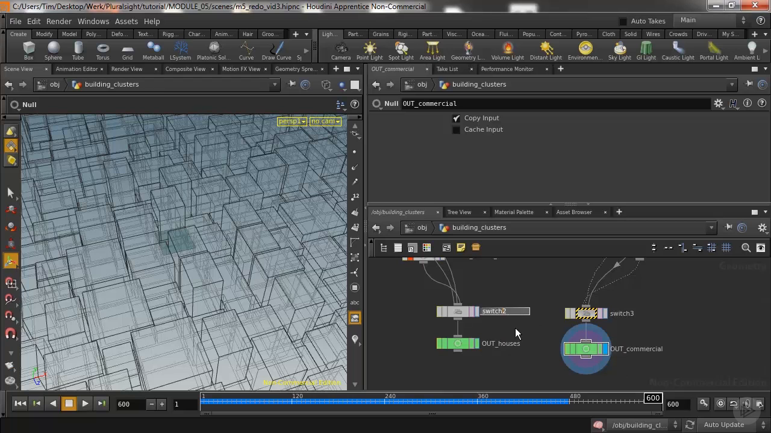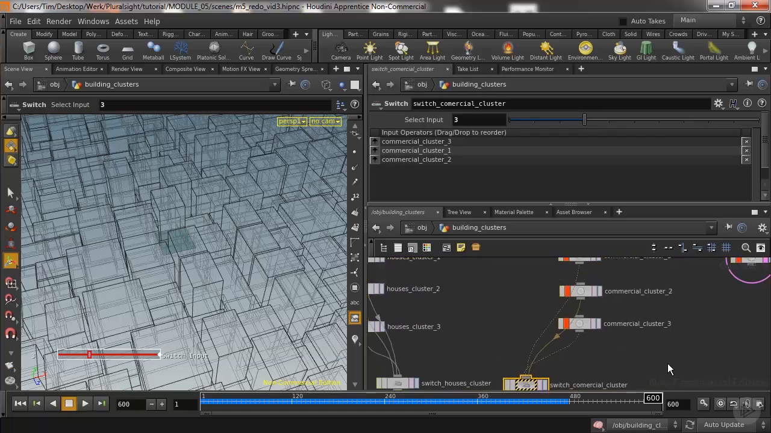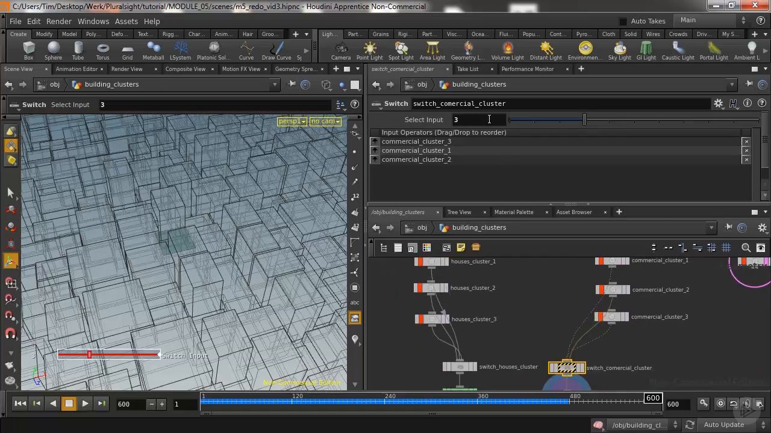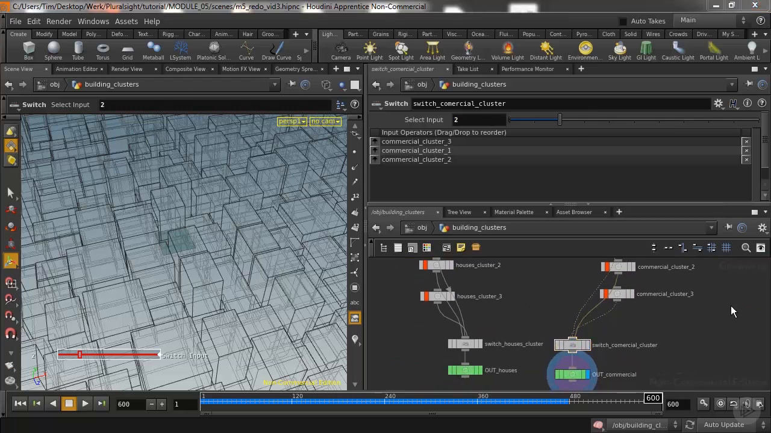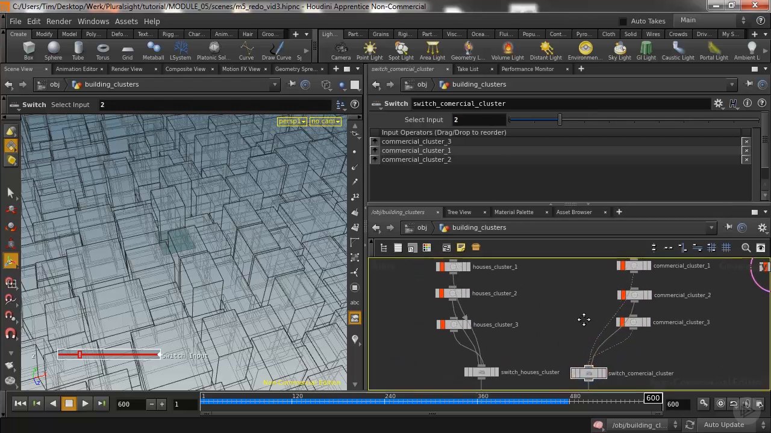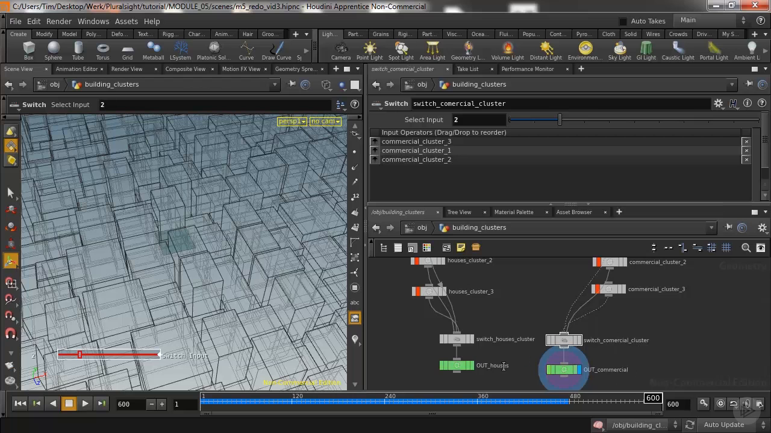Let's rename this switch to switch_houses_cluster. And let's rename the other switch to switch_commercial_cluster. It's asking for input 3, but it only has 3 inputs, so that goes from 0 to 2. Let's just change it to 2 so that we no longer have an error message on it. So now we have 3 times houses, 3 times commercial, in between which we can differentiate, and we have that